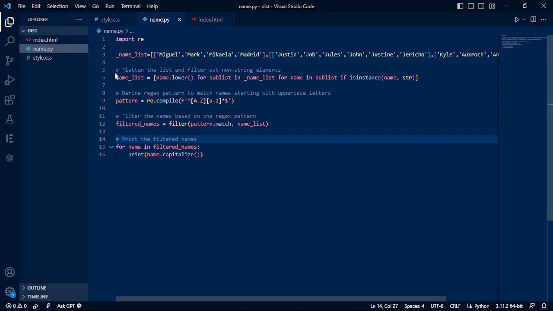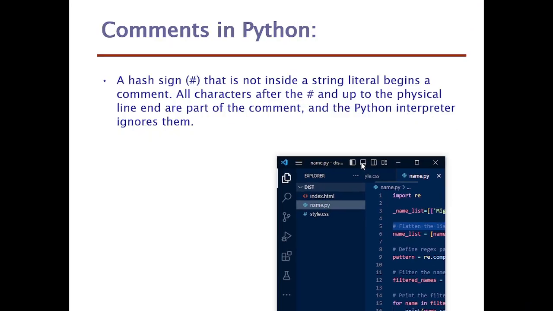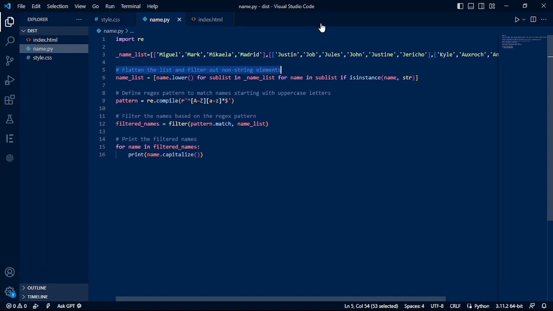So as you can see, we have this one. This is what we call a comment. The Python interpreter does not care for this one. This is just a comment, so it will be ignored. Our program will ignore it because this is just a comment to identify how this code interacts with our program, right? For example, in this one, we commented: define regex pattern to match game names starting with the uppercase